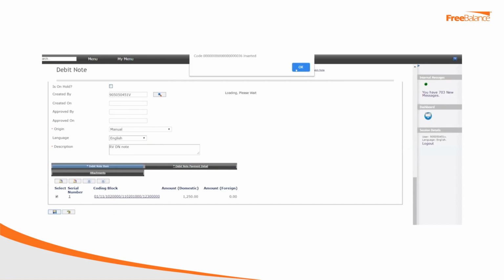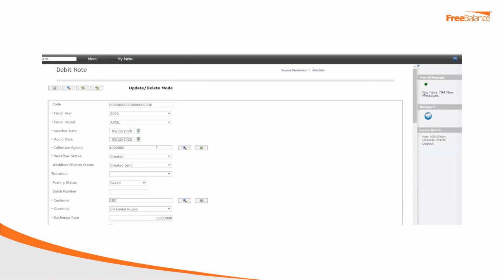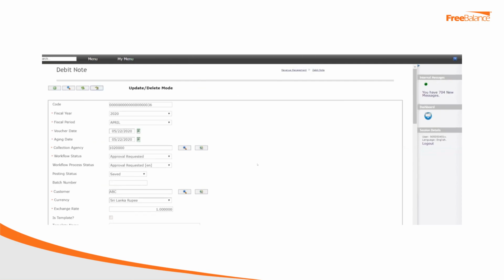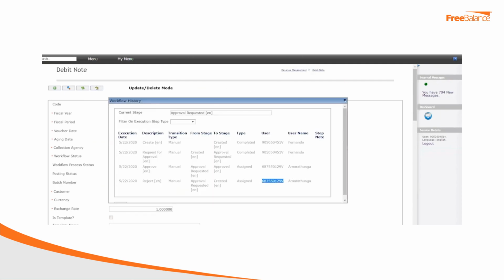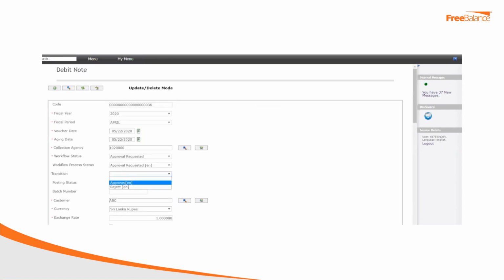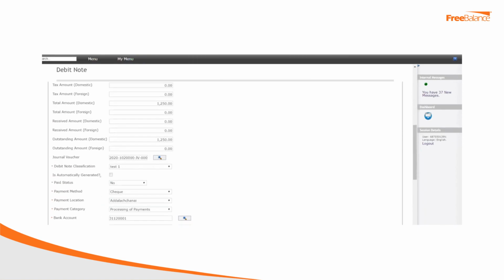We have our debit note detail, but right now, we don't have any journal vouchers. That's because we have to send it through the workflow transition. So we're going to send it through approval. Let's check the internal message for the debit note. Let's go through the transition and approve. Once approval is done, we can see that a journal voucher has been created, and we can go into the